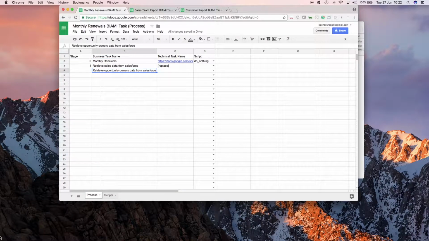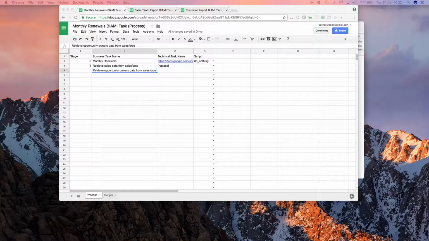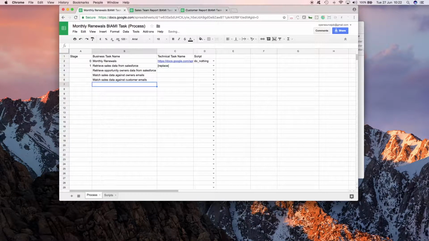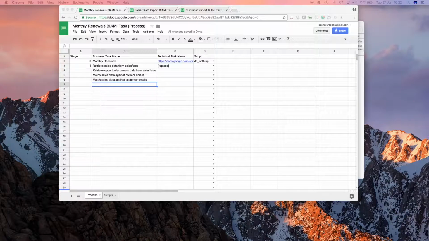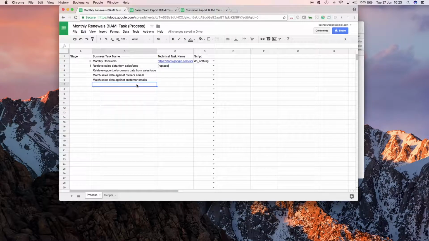retrieve opportunity owners. Now what they really wanted to do then, they wanted to match those data against customer emails and the owner emails. So as the next steps, we're going to do exactly that. And then they wanted to send reminders to a VP of sales, a sales team, and the customers. And we're going to do exactly the same. And what they said was okay, we would like to just run it all as a fully automated process. So if you think of